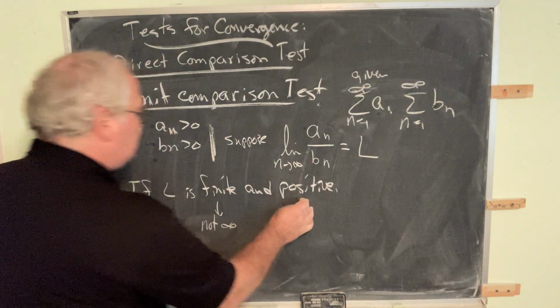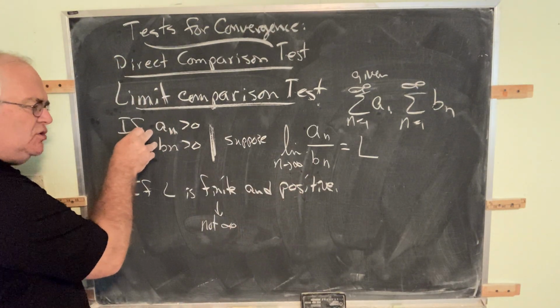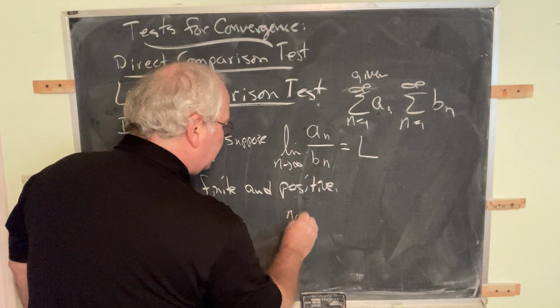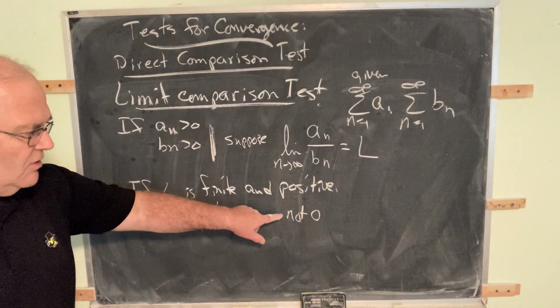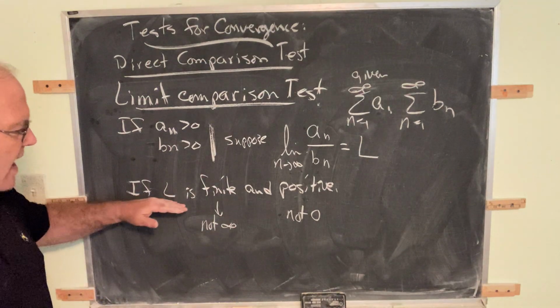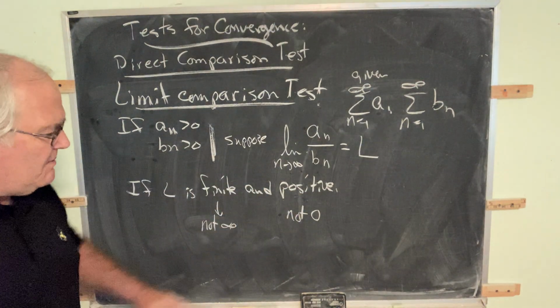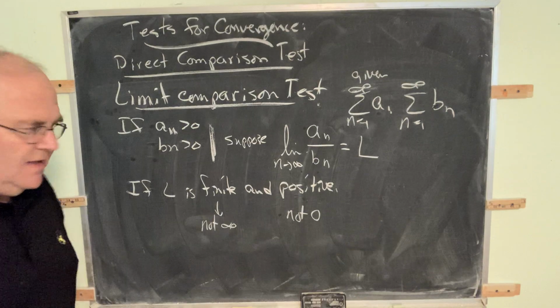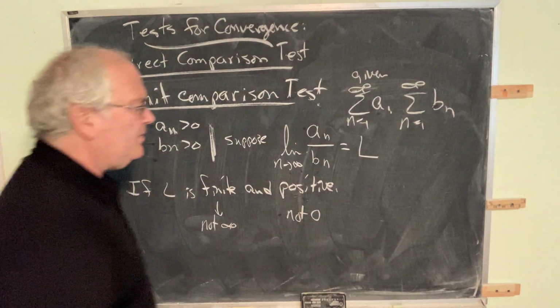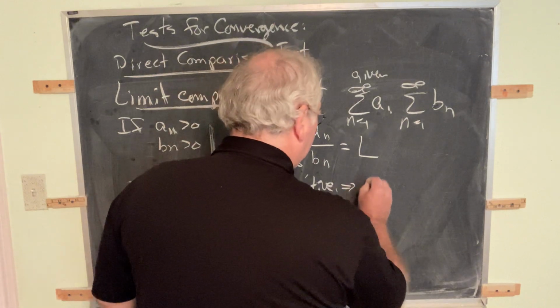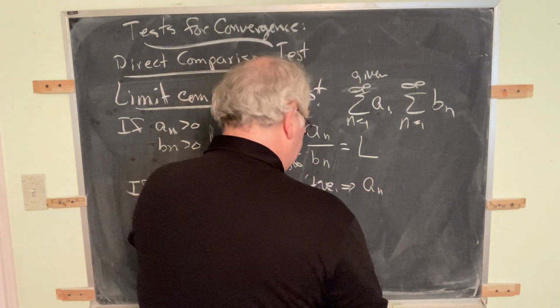And it must be positive. Well, we know it can't be negative, so you think, well, why would you bother? Well, remember, this is not 0. 0 is neither positive nor negative. So when I say that L must be positive, what I mean is it's got to be strictly greater than 0. If it's finite and positive, then what we say is the series